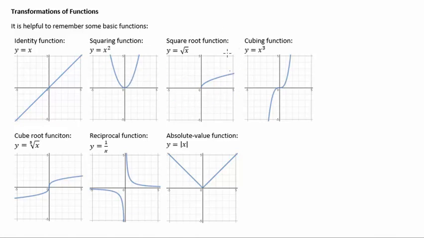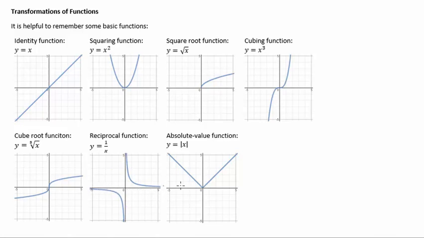We have the square root function, the cubing function, where our biggest power is cubed, the cube root function, which is kind of like the opposite of the cubing function. We have the reciprocal function, which is where we put an x on the bottom and it gives us this kind of crazy looking graph. The reason the graph looks like that is because 0 is an issue for x and it's also an